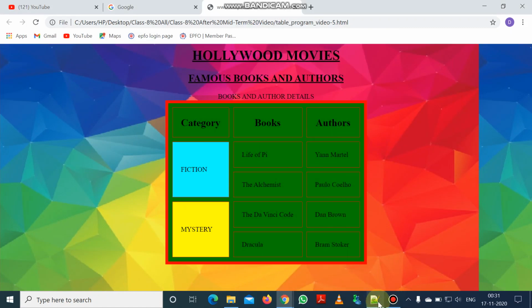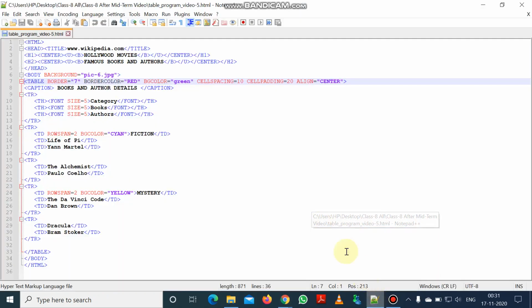So now we are getting back to the HTML page. Now you can see that first of all we have created the first row containing 3 headings, and each heading has the letter size, or alphabet size, 5 given by the font tag. Now the special thing, that is the second row. The second row has the special attribute called row span.